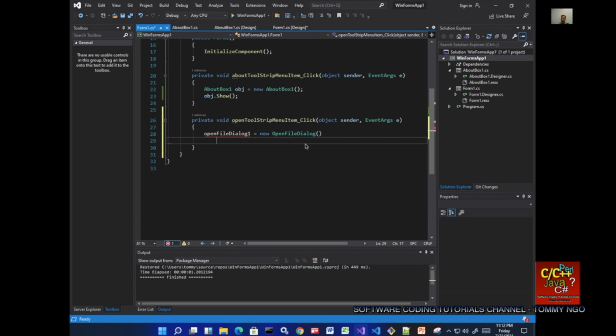Okay, and we say file name equal to select a text file, and then filter, you're gonna only filter for text files. So star.txt,